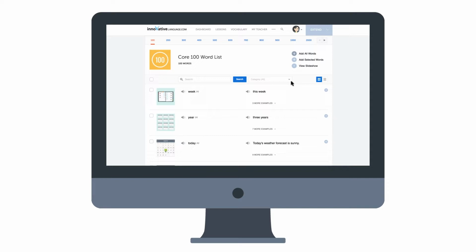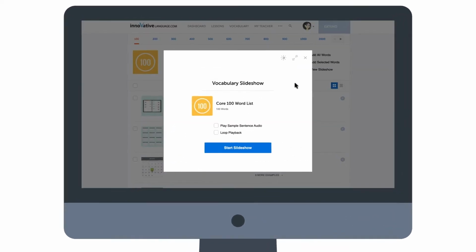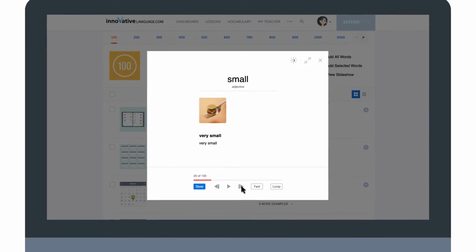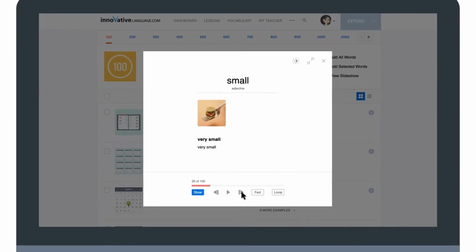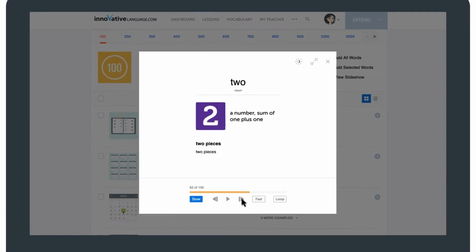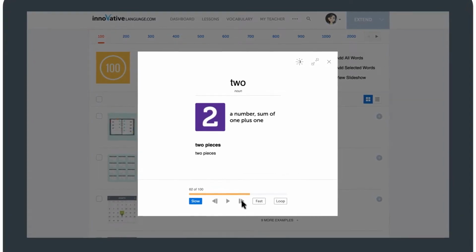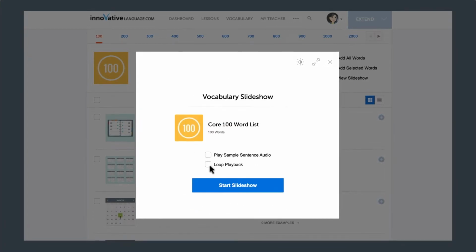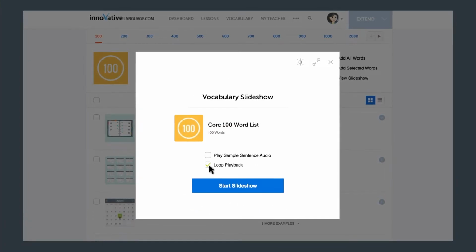Write the words out in a notebook, or you can use our slideshow tool and master these words without painful memorization. Just click on View Slideshow and sit back and follow along. The slideshow will play one word after the other, along with the audio pronunciation, the meaning, the image, and the example sentence. You can also set it to play the target language only, without the translations. And even better, if you set the slideshow to play on loop, you can keep the words playing non-stop until they're stuck in your brain.